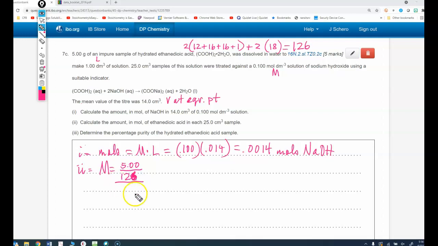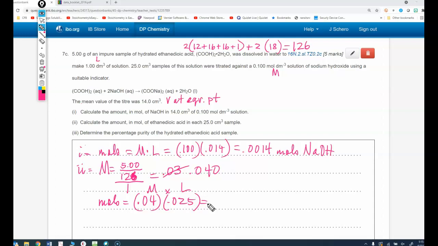And then to get the volume, I'm going to divide it by the 1 liter. So I end up with 5 divided by 126, which gives my molarity as 0.03968, so I'm probably going to end up with 0.040 for my molarity. Now it's asking us to find the moles in each 25 milliliter solution, so I'm going to have the molarity times the liters, and the liters in this case will be 0.025,